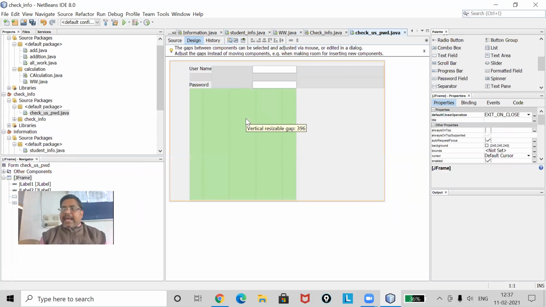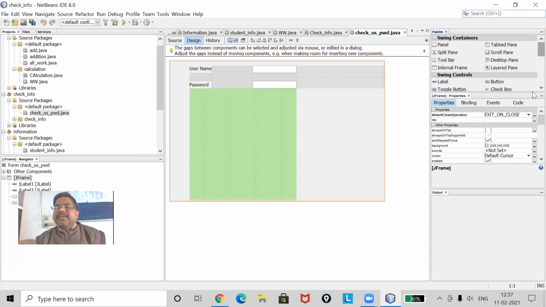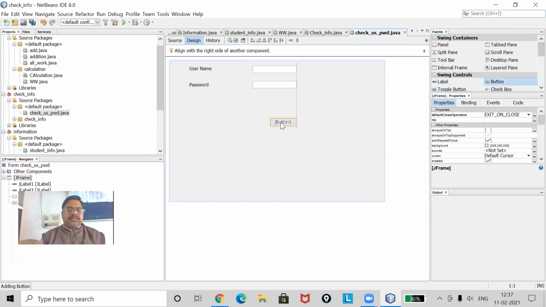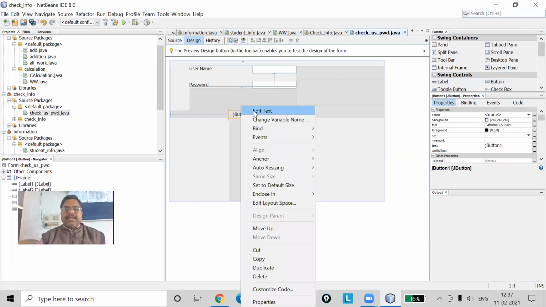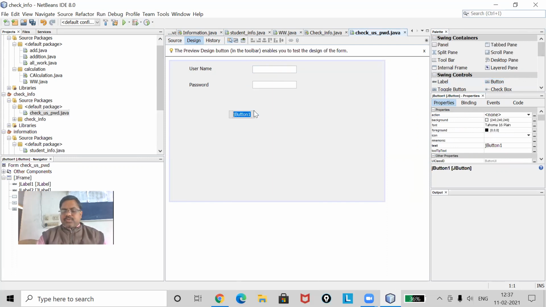Then a button, and on this button I will write check.